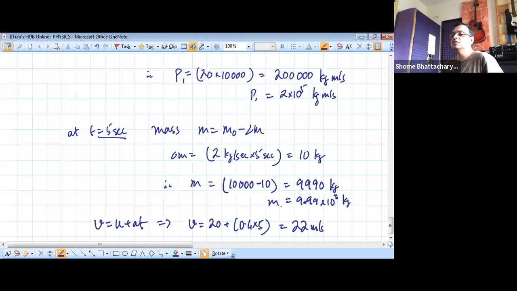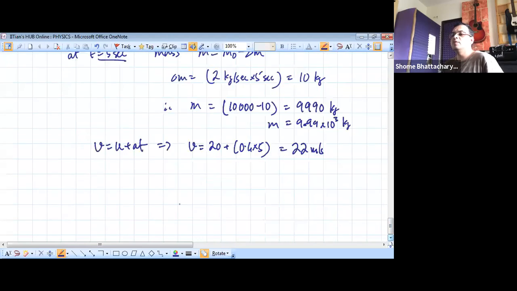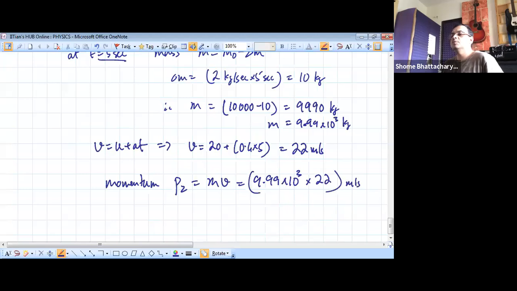So the mass is this much and the velocity is this much. So the momentum, let's say P2, is the new mass into the new velocity: 9.99 into 10 raised to power 3 multiplied by 22 meters per second. This will give you a momentum of